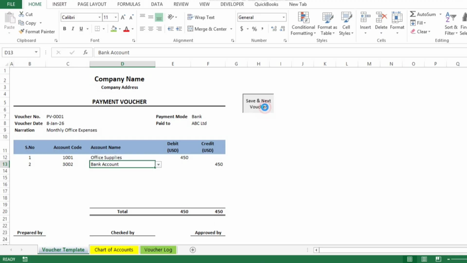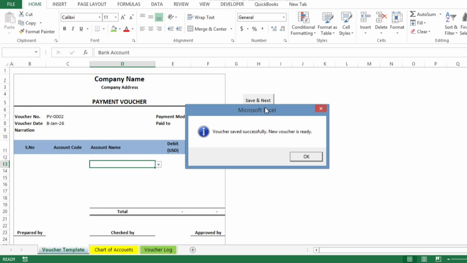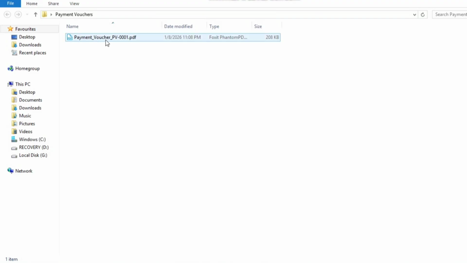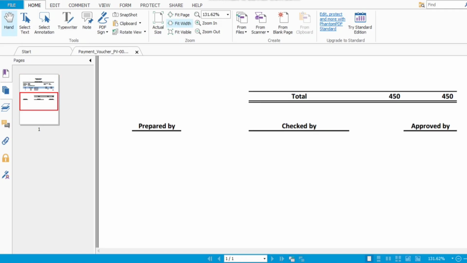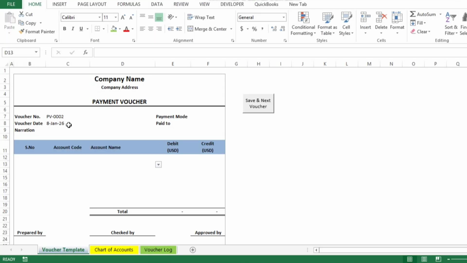With one click, this voucher is saved as a PDF, as you can see in this folder. It's nice and clean PDF format, and the voucher number increases automatically, and the complete entry is recorded in a voucher log here,